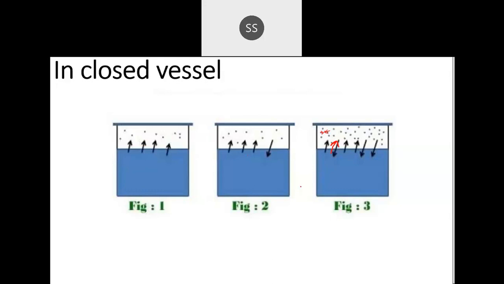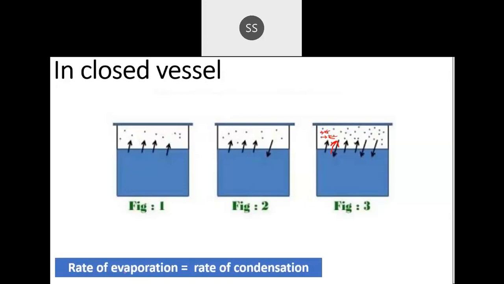So in this closed vessel, when the molecules of the liquid go into the gas phase and they become totally full over there, saturated over there, then one molecule will start hitting another molecule, because they are gases, moving randomly. They will collide with one another. When they collide with one another, they lose their kinetic energy and they will start condensing back. So at this point we say equilibrium has been established. So we say that equilibrium has established when the rate of evaporation becomes equal to the rate of condensation.